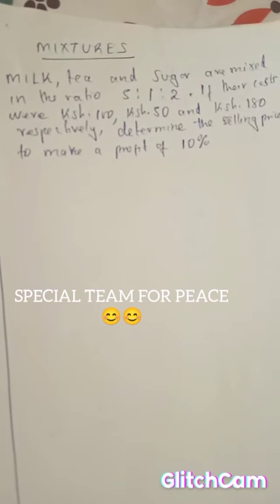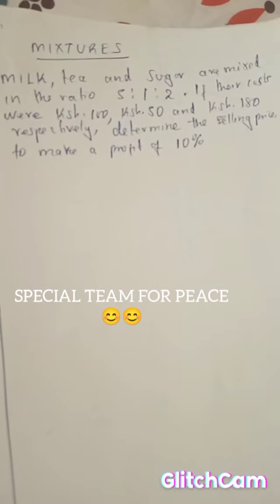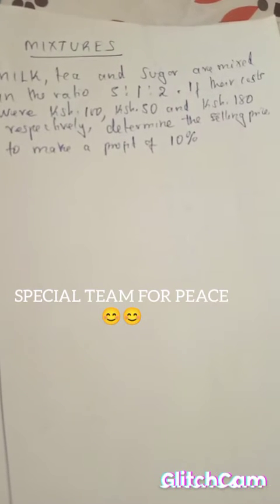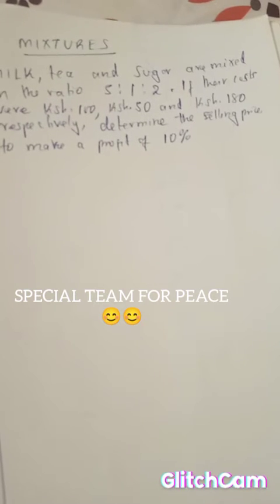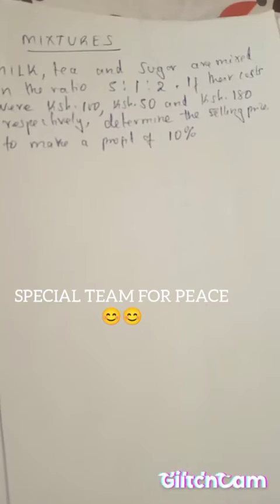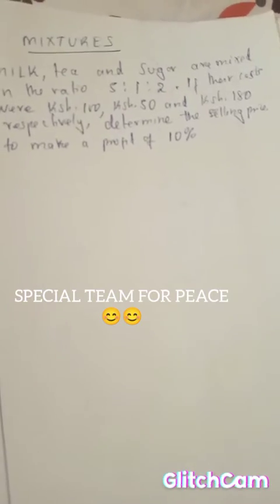So milk, tea, and sugar are mixed in the ratio 5:1:2. If their costs were 100 shillings, 50 shillings, and 180 shillings respectively, determine the selling price to make a profit of 10%. So the first thing is to understand that the